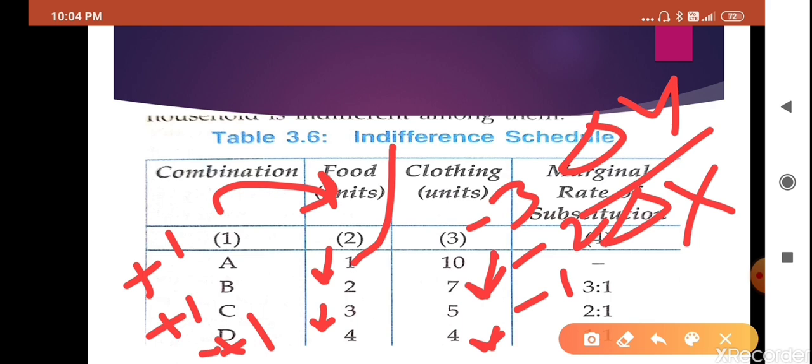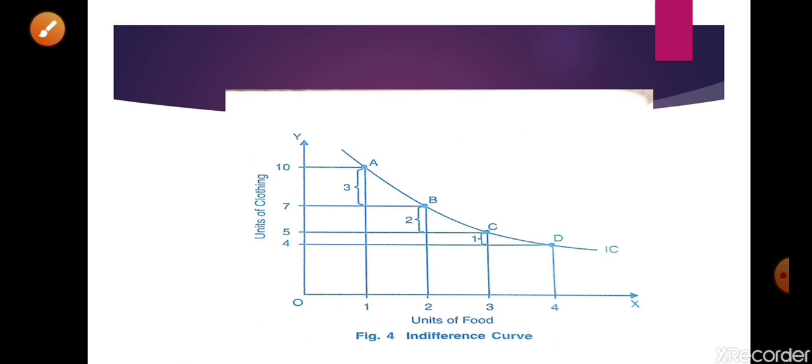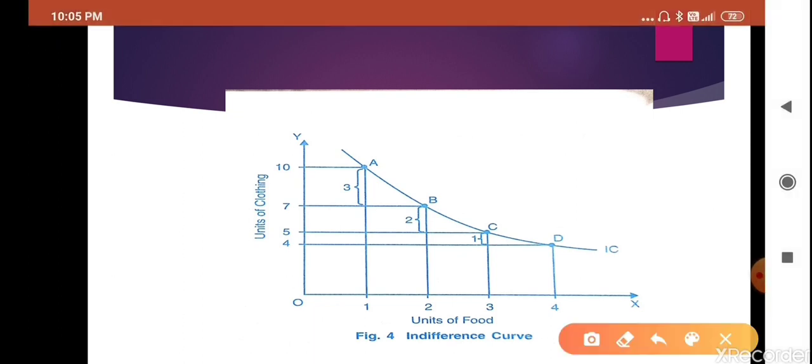So these things will become clear to you as we continue. Let's go to the next presentation, that is the indifference curve. You can understand the indifference curve well with the help of a table. The table is already given in your book, page number 42. You can go through it, then I'll explain. So see here, on the y axis we have taken units of clothing, and on the x axis we have taken food. So in the indifference curve we have these 1, 2, 3, 4 combinations.